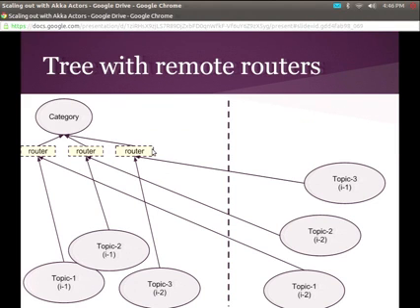So now what we have is this. I have my category, I created my router, and when it creates the actors, it will create topic 1, 2, and 3, instance 1 and 2 here on this node, and then that divide is a separate node. The rest go on another node. So now every time I create a topic, I start fragmenting pieces across my cluster. I make sure there's only 3 ever, and there's only 1 on any particular node. So now I can start fragmenting things out.